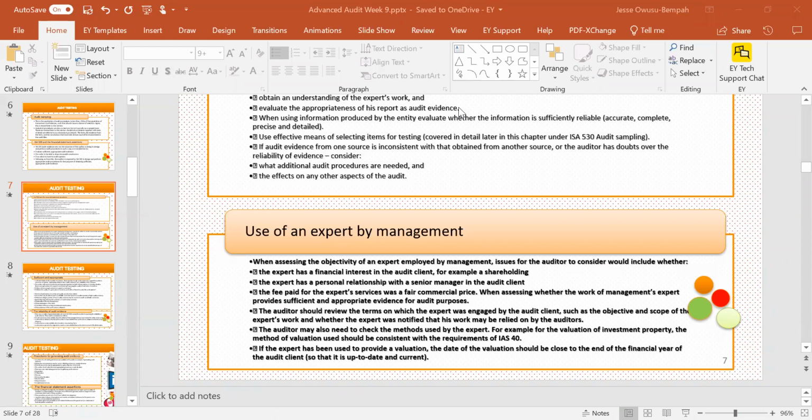Please, do you get my question? So please come again. How can someone evaluate your ability to prepare the accounts for them? Okay, let me just answer the question. So one of the reasons, if someone wants to check whether you can audit them or you can prepare the accounts for them, one of the things they'll check is